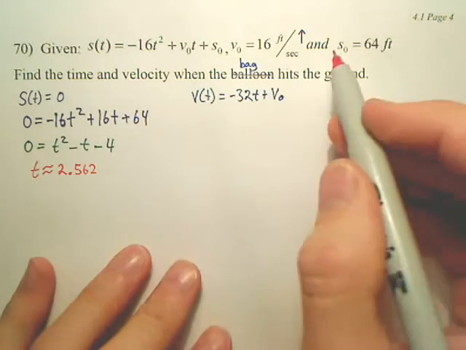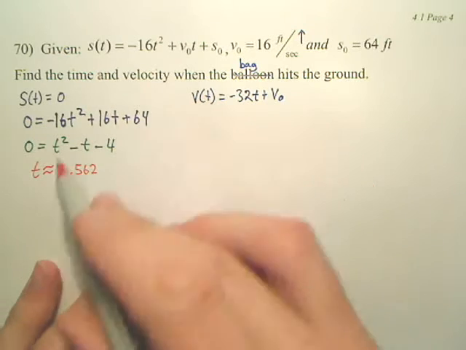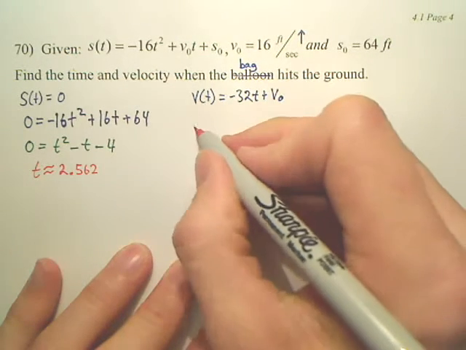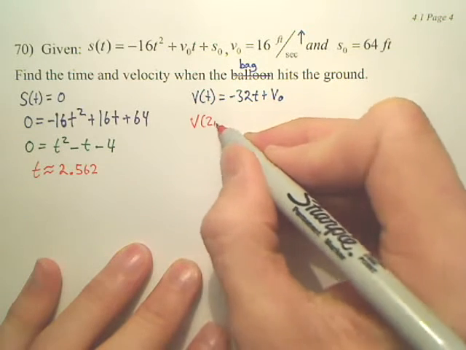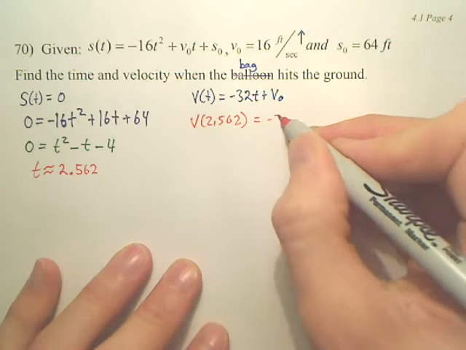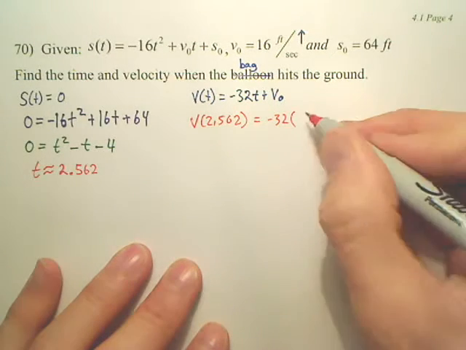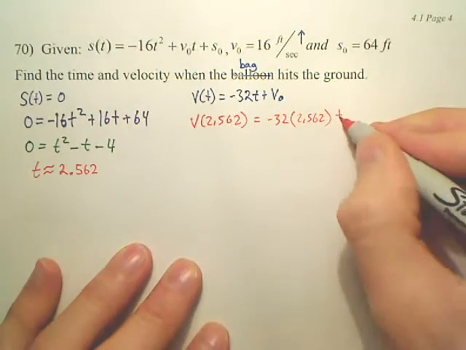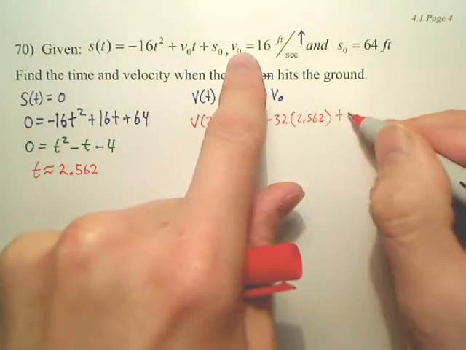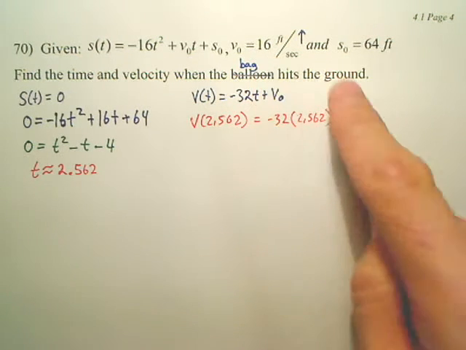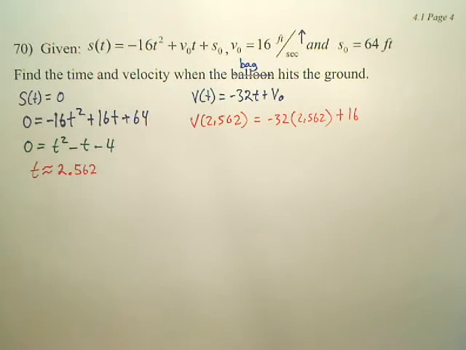Anywho, what do we want to find? We want to find the velocity after this much time. So what are we basically going to do? Now we're just going to go, okay, velocity after this much time. So we plug in our time, and do we know our initial velocity? Oh yeah, it was 16. Remember? Initial velocity, and that's our time. If we do the math,